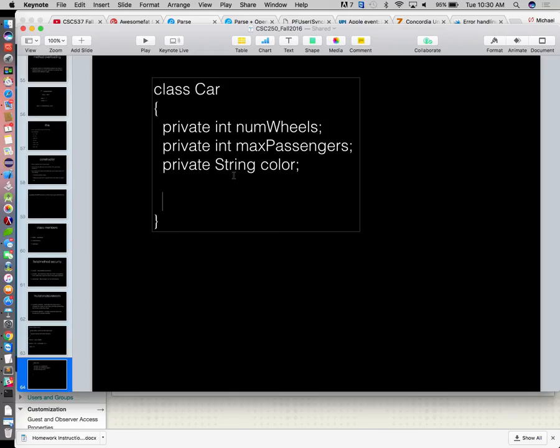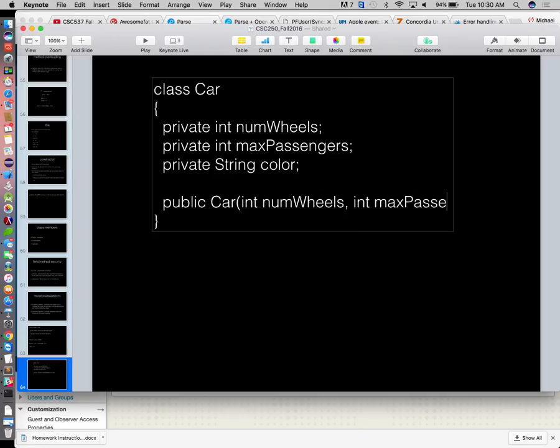Okay, then you're going to write a constructor for this guy. So these are the fields waiting to get values. Then you're going to write a constructor. Constructors always have the same name as the class. And this guy's going to take in an int numWheels, int maxPassengers, String color,